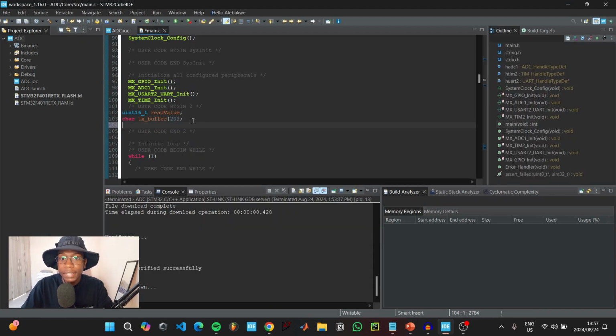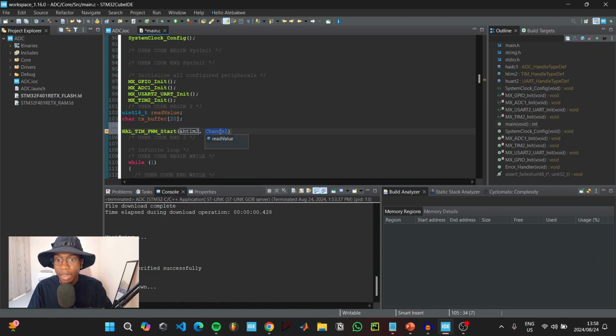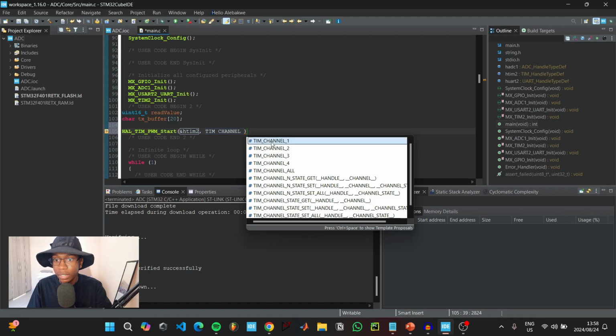We need to come here and start the timer for PWM generation. So we're going to type HAL_TIM_PWM_Start and then hold Control and Space for auto completion. Timer 2, Channel 1. So here we're going to say TIM_CHANNEL, Control Space, and then double click on channel